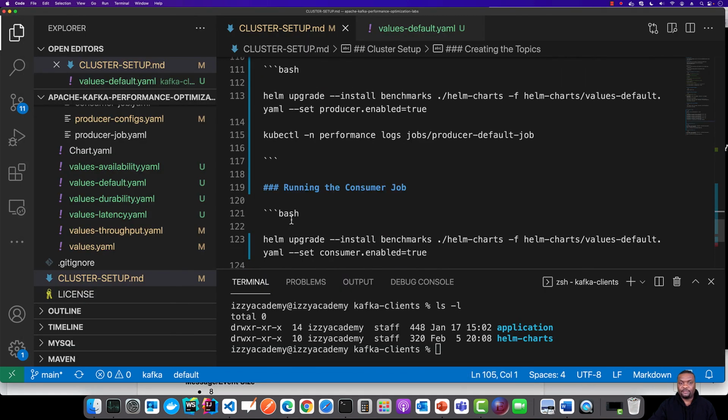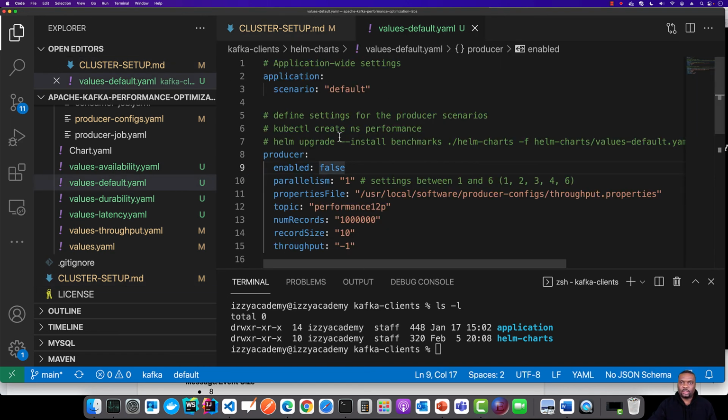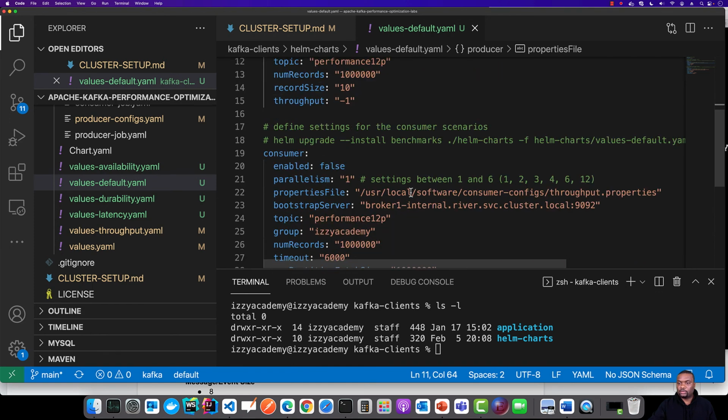Now, the first thing we have to do here is to run the helm command, but let's take a look at what is inside this default YAML file for the values. The producer would only be 1 producer because the parallelism level for the job is only 1, and then when that loads, it is going to load the properties file for default. So that is what we're going to be using, and then for the consumer, we're going to be using the